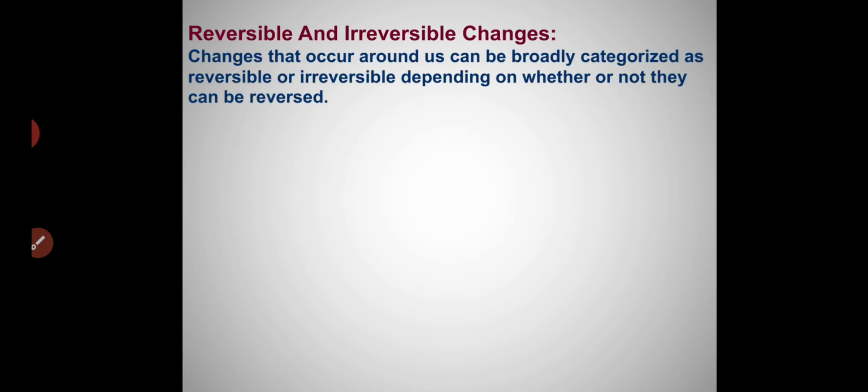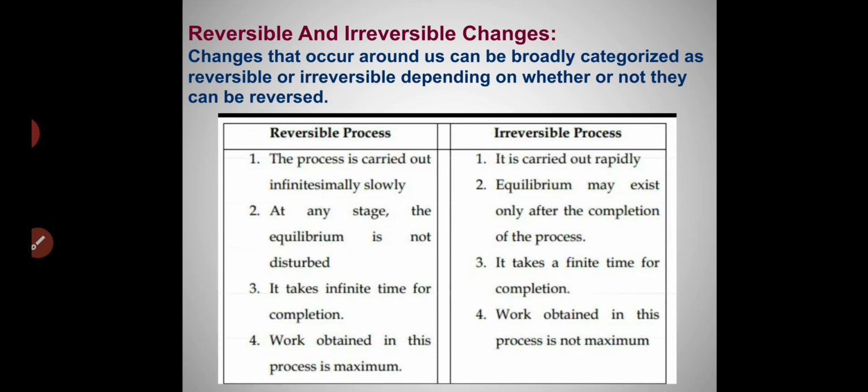Now, reversible and irreversible changes. Just now we discussed; let us take one revision. Changes that occur around us can be broadly categorized as reversible and irreversible depending on whether or not they can be reversed. So, these are the differences between reversible and irreversible. So the process is carried out